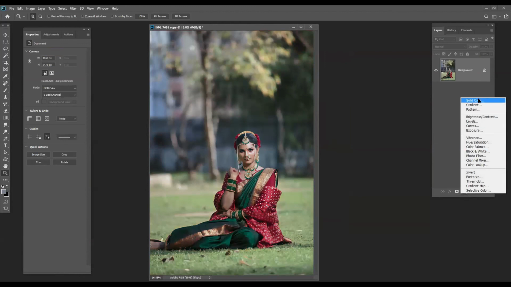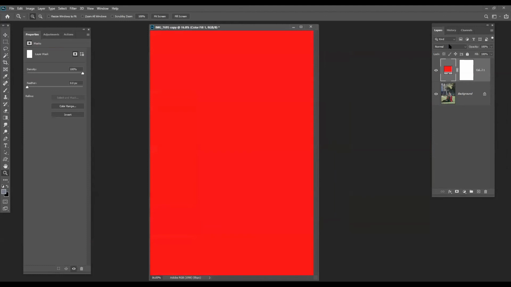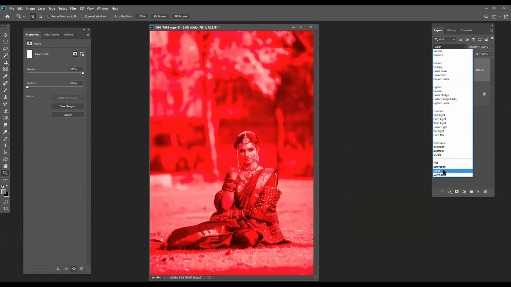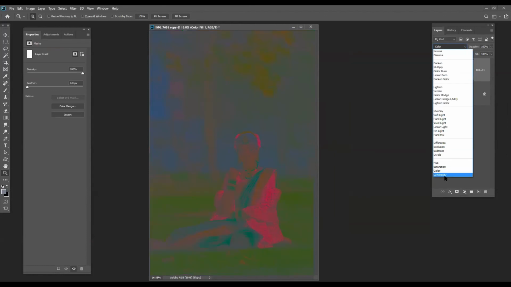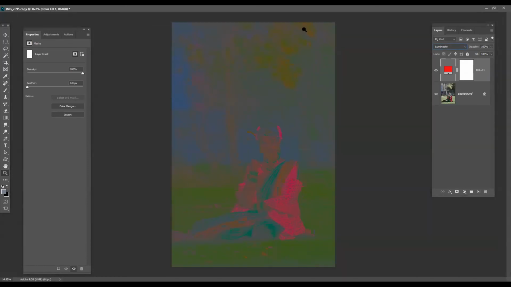Suppose I take a plain, solid color, a red color. Now if I put a color, it will straightforwardly color. Now if I add luminosity, you can see the midtones, the highlights, the shadows. It will try to regain these colors and then put whatever color you input on that color. This is the basic difference.